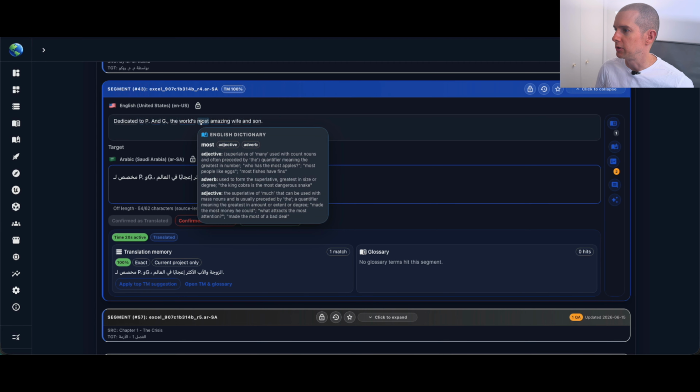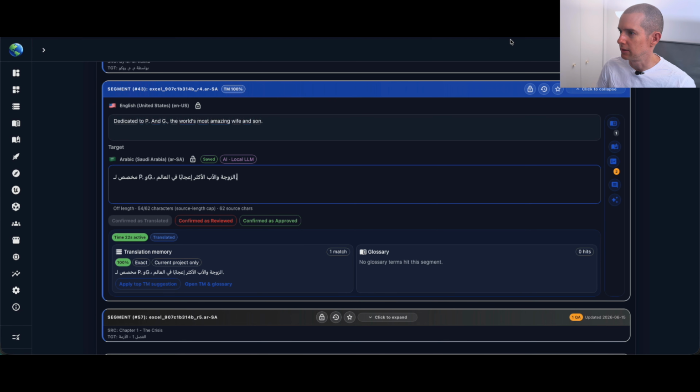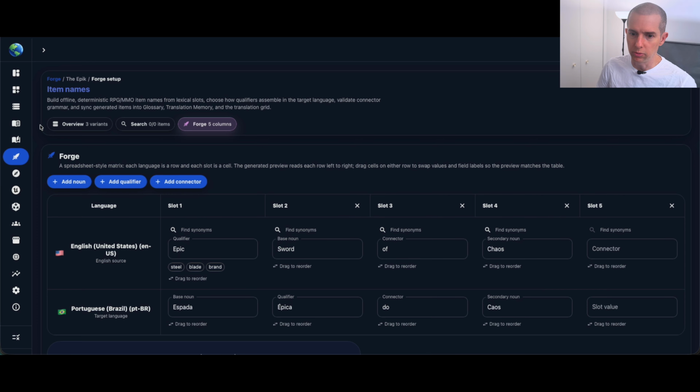Another example of usage of the dictionary is in the section called Forge. So in Forge, you are creating item names, and you are also translating them in the same interface. So this is good to create multiple item names, especially when you're talking about MMOs and RPGs. There's going to be a separate tutorial for the Forge, but right now what I can show you is that